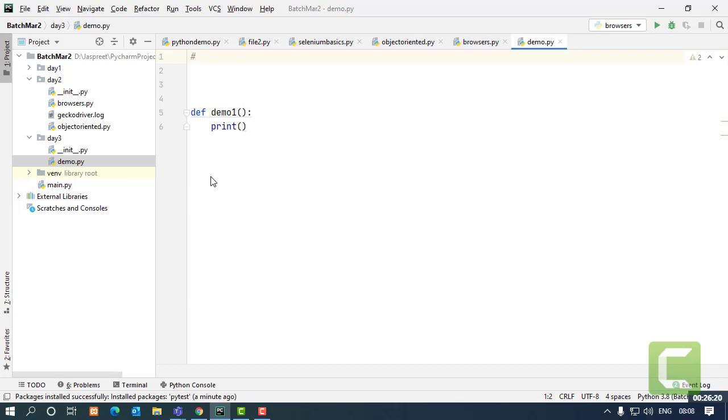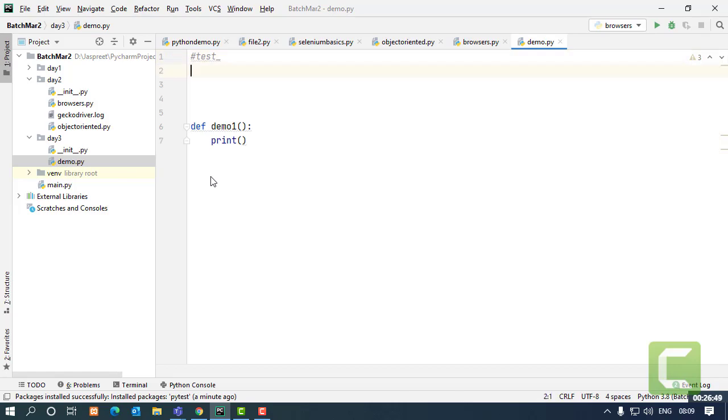The file name of a test case file in which your test case is lying should always start with test underscore. So if I make a file in which I want to keep a test case, it will be test_demo.py in this case. Likewise, the file name will be.